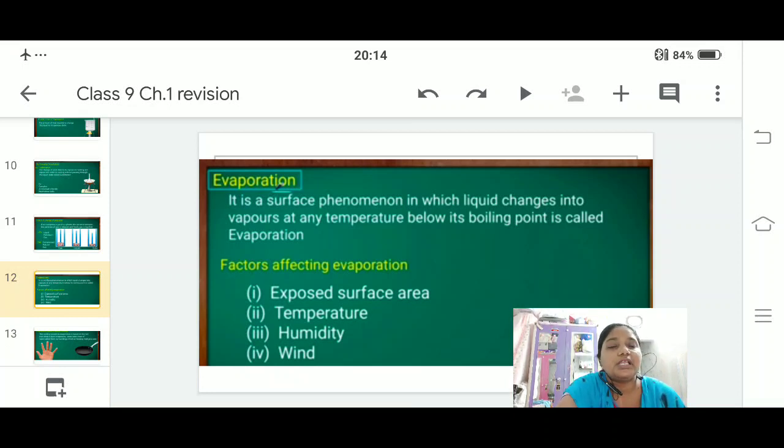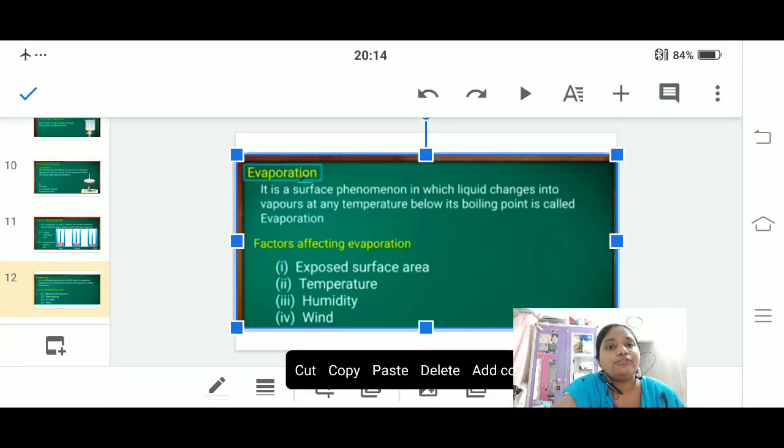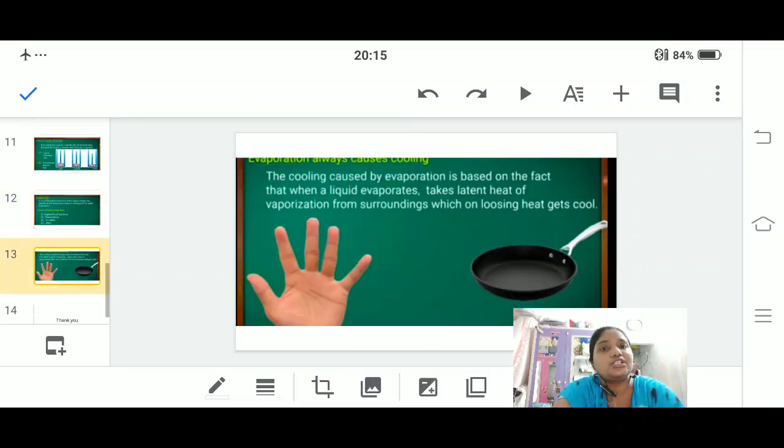Exposed surface area: if surface area is more, evaporation is more. Temperature more, then evaporation is also more. Humidity works in reverse: humidity more, evaporation less. Wind more, evaporation is also more. Fine. Let us move to the next one.